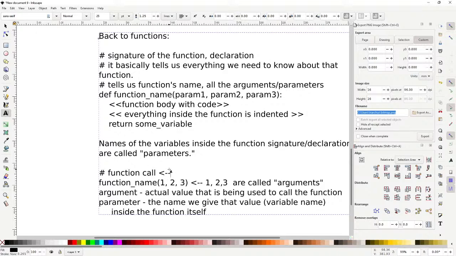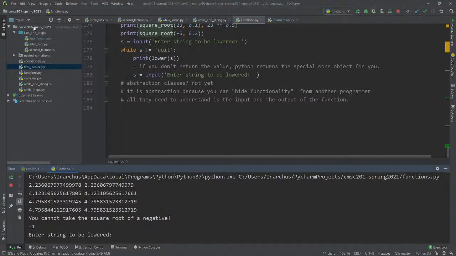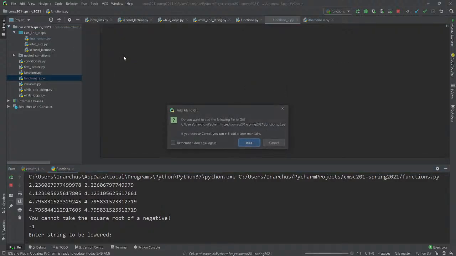Okay? So there we are. Okay, cool. So that's a bit of language that we use to describe functions, but I shouldn't say there's anything terribly shocking or surprising about any of it. There's not a lot of content here. I'm just going over the names of everything. So let's go back and make a new function lecture. Functions 2. Okay.